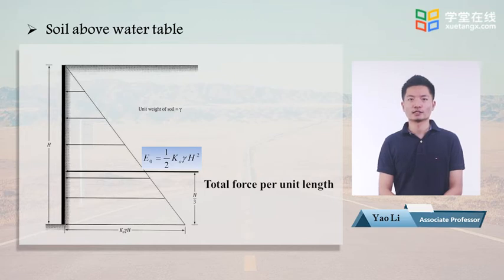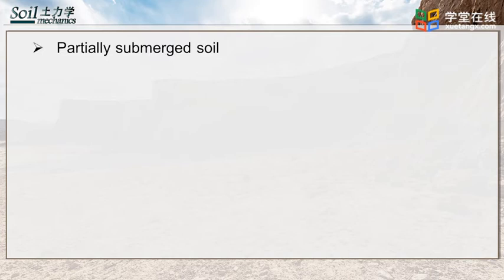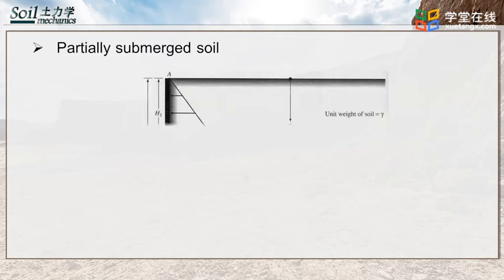E equals the area of the triangle we draw in the figure. The acting point of the E is 1/3 of H. According to the geometry of a triangle, it should be noted the E we calculated is a force which must have the acting point. This figure shows the calculation of the lateral earth pressure at rest where soil is partially